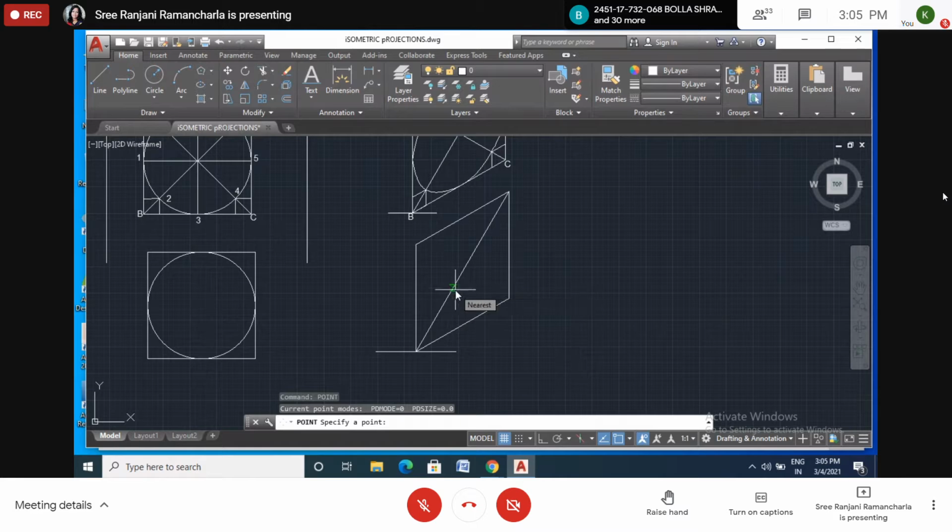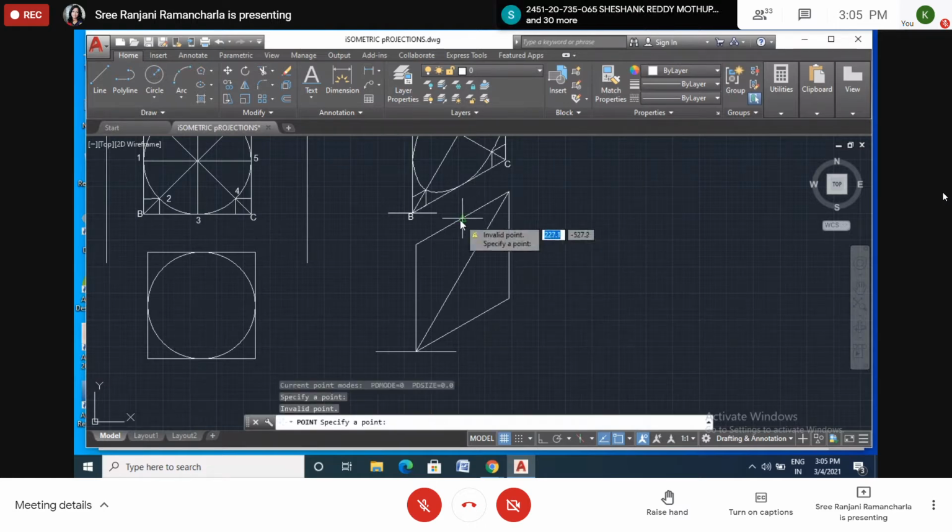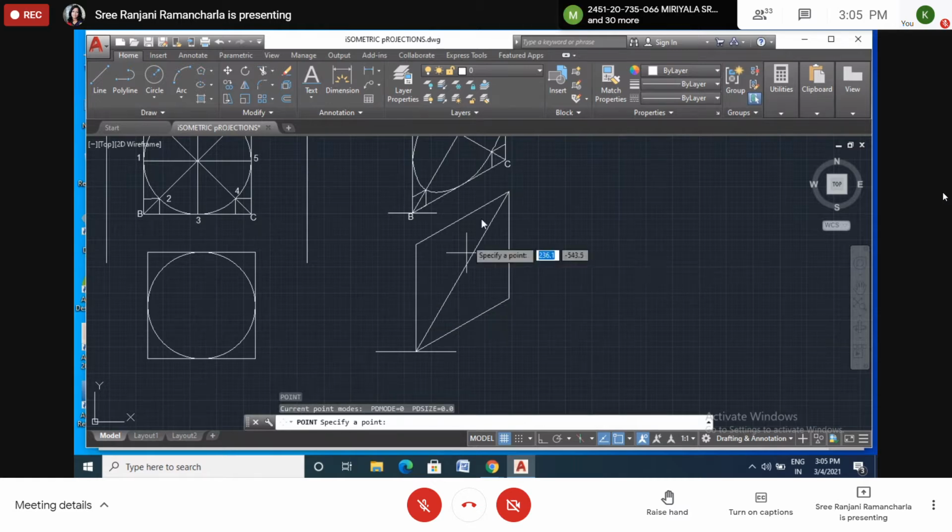I want to provide points between these four sides. Okay. It is showing the midpoint, so there I will give the point. Okay. Double enter here, double enter here, double enter here. I have given a point on four sides.